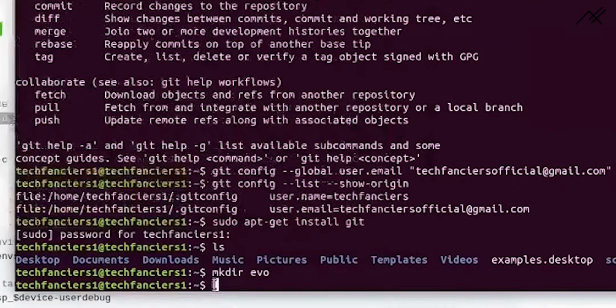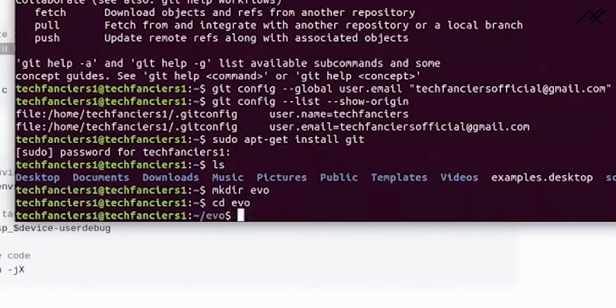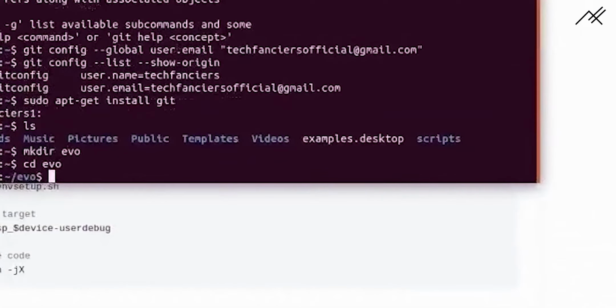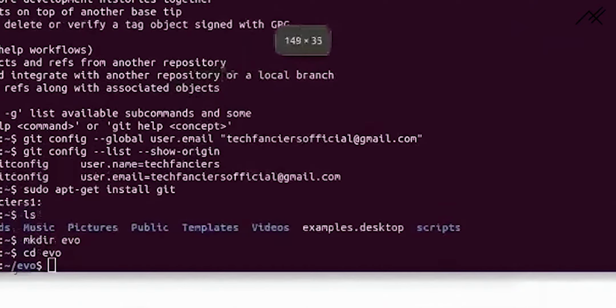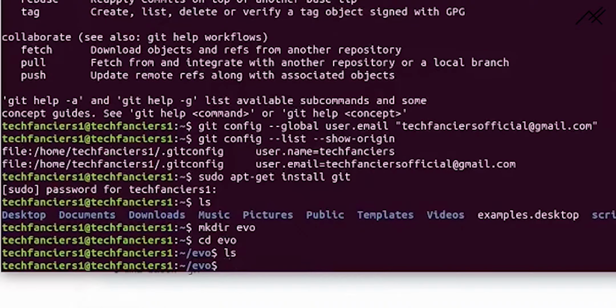Now I need to navigate to this evo folder, using cd, change directory, and evo. So right now we are in our, one second, I will just maximize it. Right now we are in our Evolution-X folder. If we type ls, there isn't anything. So inside this we are going to